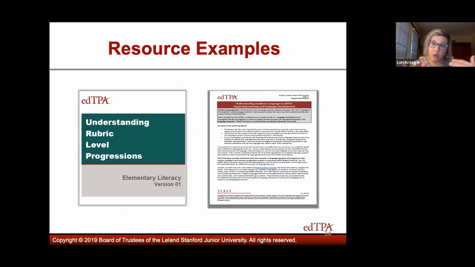This is really going to provide the differentiation or the distinction between a level 3 proficient performance and below proficiency and above proficiency. But within that, it also details and differentiates the performance between a 1 and a 2, a 2 and a 3, and a 3 and a 4, and so on. So the Understanding Rubric Level Progressions are another fantastic resource for candidates as well.